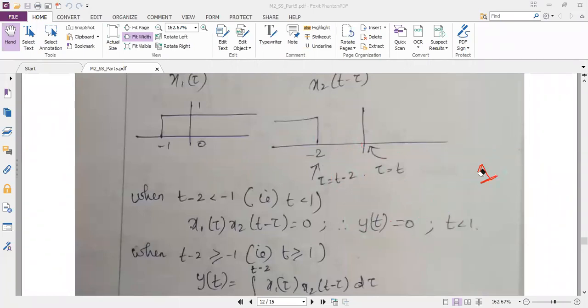Suppose the graph is not starting at origin. If it is starting at the origin, then there is no issue. So now the opposite condition: when t minus 2 is greater than or equal to minus 1, definitely I will get the output. And here again, I'm reminding you, both are infinite. If both are infinite, then I will be finding only one output y of t with the integration 0 to t. But in this problem, it is not 0 to t, it is 0 to t minus 2, because the origins are now different. Other than this, I do not do any other integration like the previous problem.